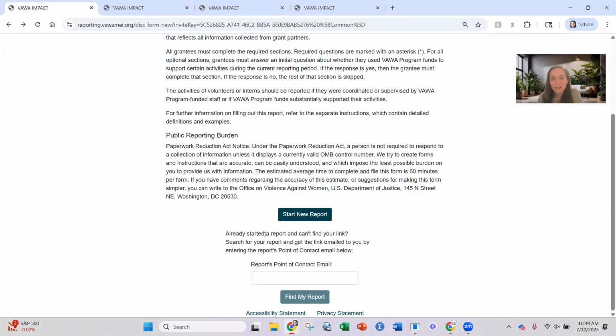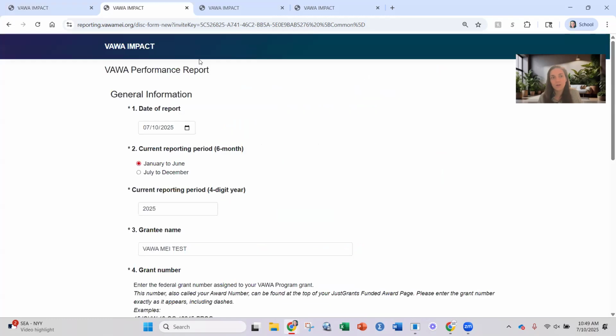If you've already started a link and you don't have your unique link anymore, you can also search for the point of contact email here and click Find My Report to get back into your report if you've already started it. So when I click Start a New Report, it's going to bring me into the general information section of